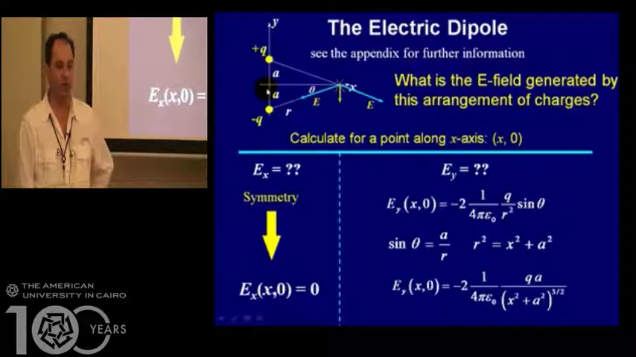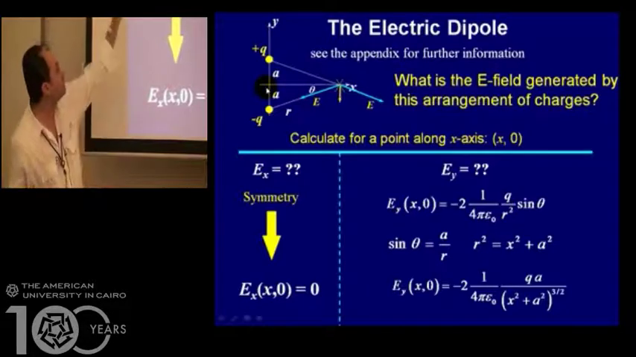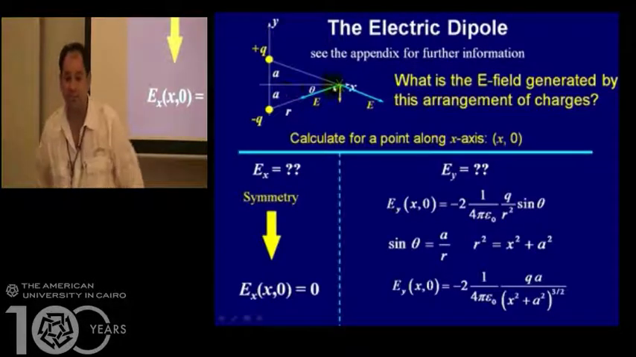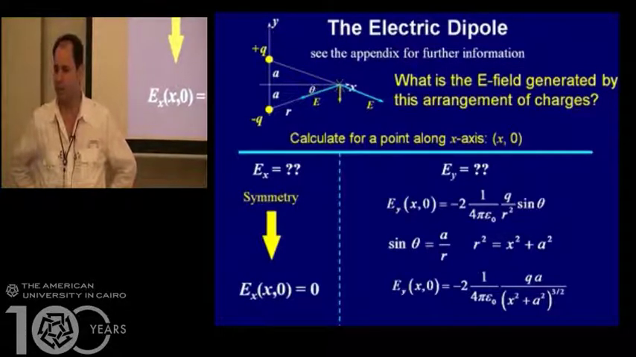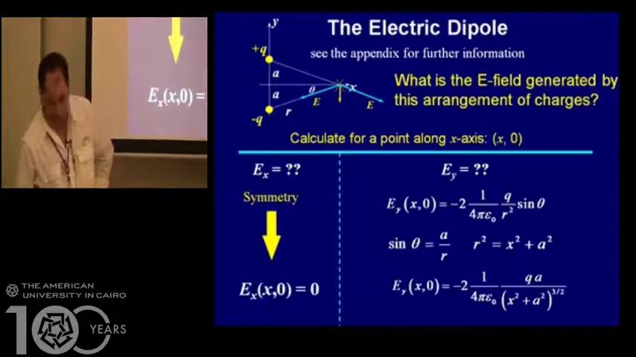If we need to find the electric field from an electric dipole, positive charge and negative charge, at some distance x on the axis between them, this is a very easy problem. That's not hard. So what we're going to do is, at point x,